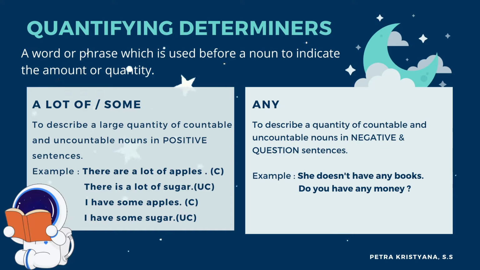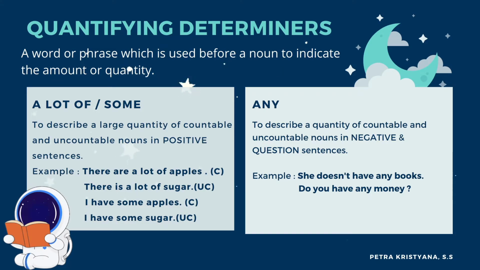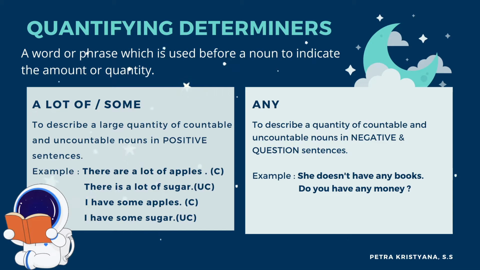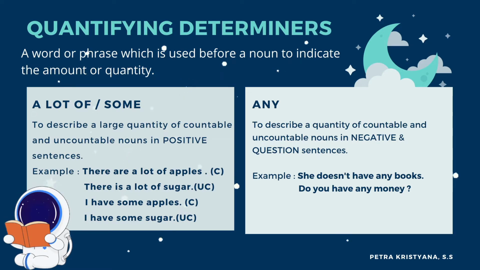Ya, so you can use a lot of and some when the sentence is positive. For example, there are a lot of apples, there is a lot of sugar, I have some apples, I have some sugar. But for any